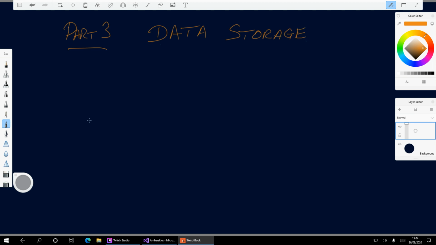Right. Data storage. This determines how... Well, actually, no. This is hard to put into words for me.